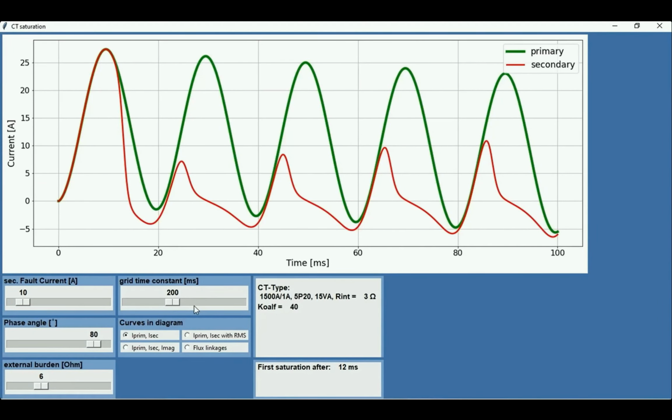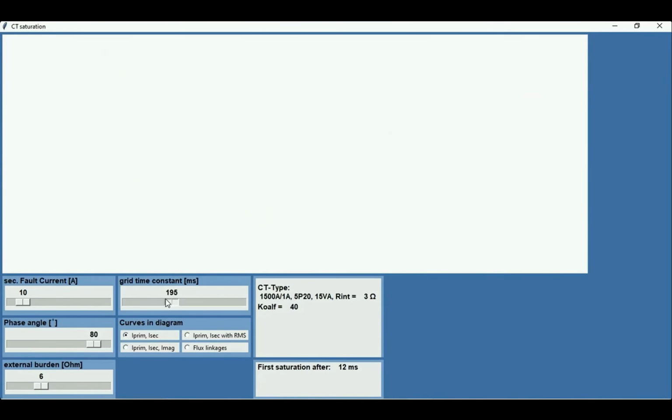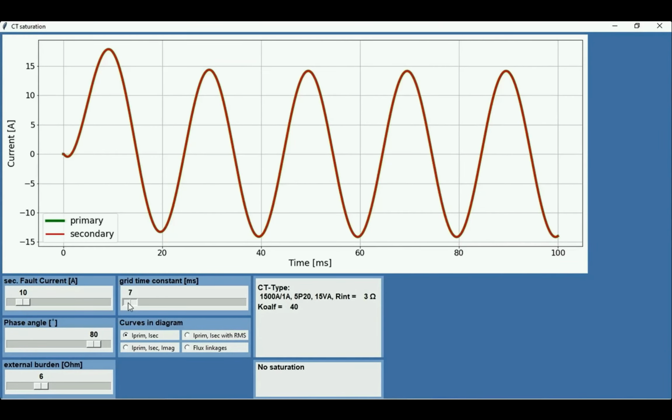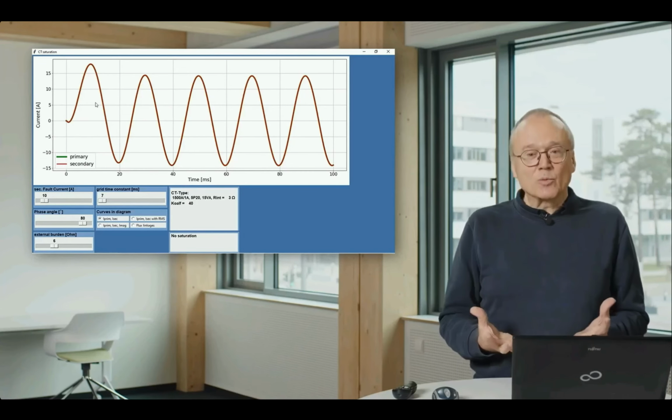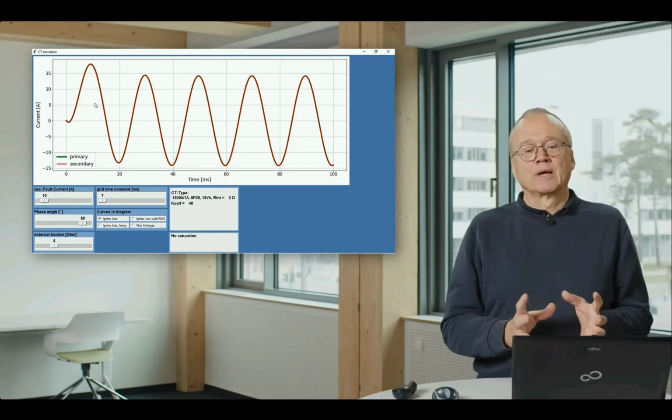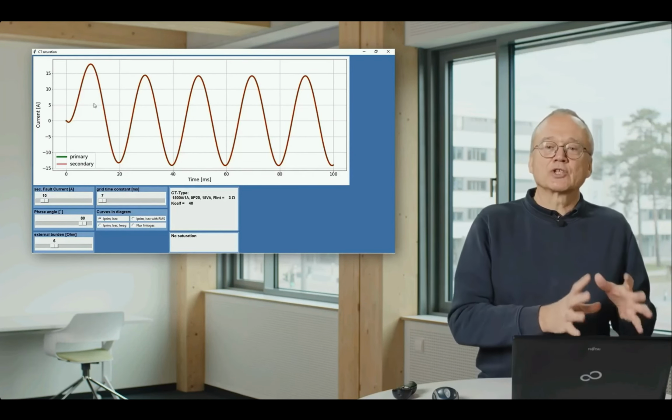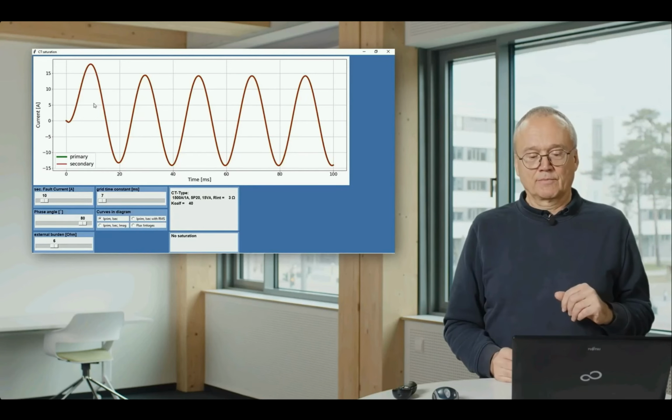And we can see what happens. You see here with 200 milliseconds, we get severe saturation. If we now simulate the same thing just inside a cable system, maybe I take 7 milliseconds, then you see the DC component disappears within pretty short time. It's only there for the first half period, and then it's more or less gone. And that means, in this case, luckily we can forget the problems with saturation generated by DC components, if we